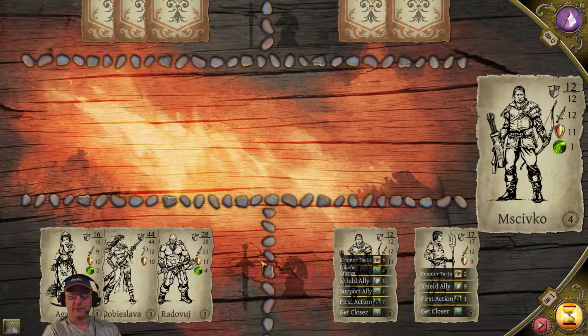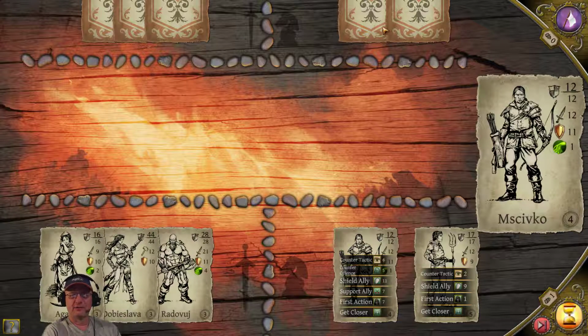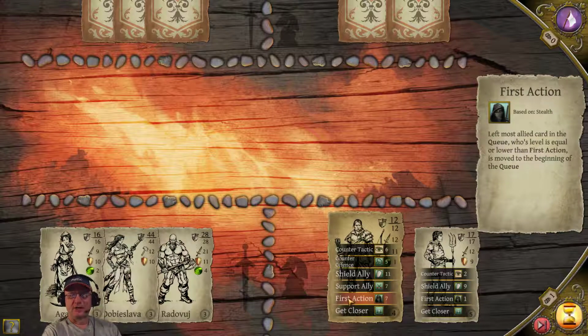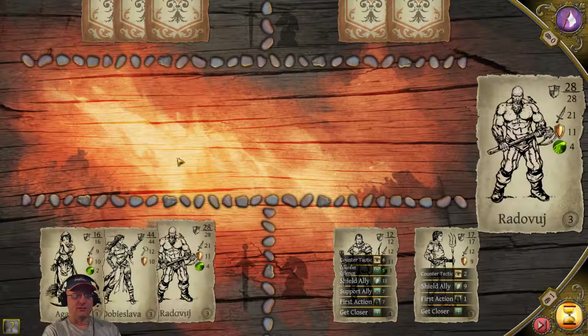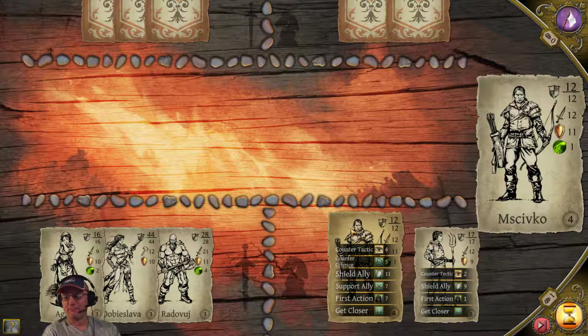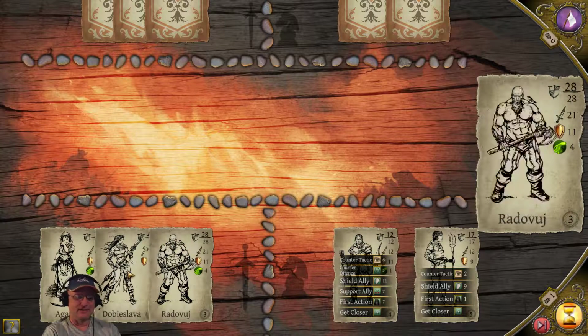That's more like it. So, counter tactic up to level 6, counter offense to level 5. 11 points of ally shielding, support ally, increases the offense value of your rightmost card in the queue. Cool. So this improves your defense by 11, this improves your offense by 7. First action up to level 7, so I can push any of my guys up to the front of the line, or the get closer. So, alright, I like you over here on the tactics side, Miskavivko. Pardon any pronunciation issues I have. Slavic is definitely far, far from my home language, so...